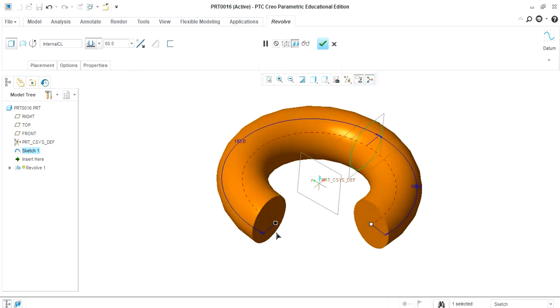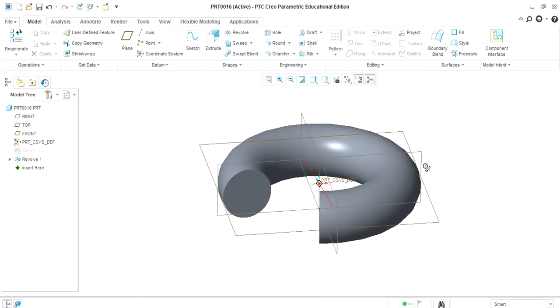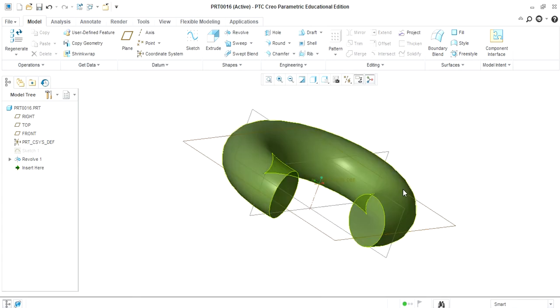Suppose this is the object we have drawn. Now in a particular case we can remove the material as well. So select the plane.